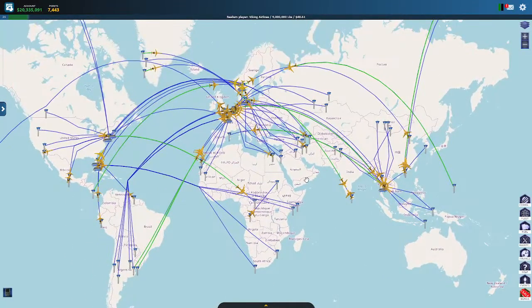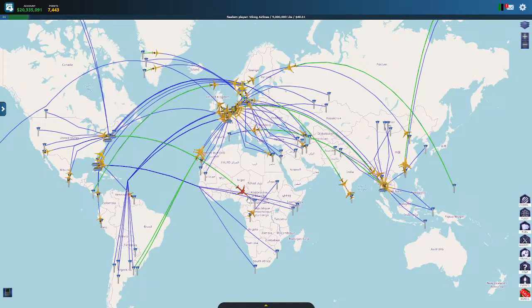So what you see here is that I fly from here, and then I fly as far as I can, and then from here I split to different airports. But I do check the daily demand for each airport, and I try to set the passenger configuration according to the demand.